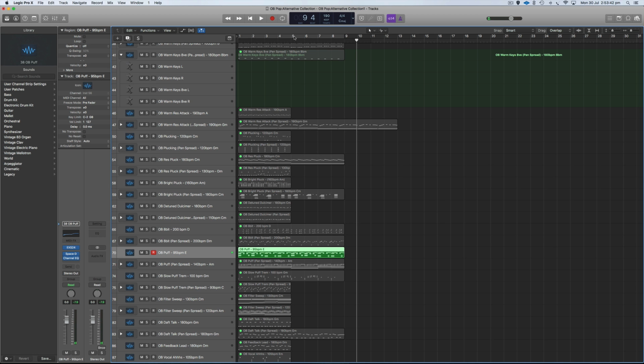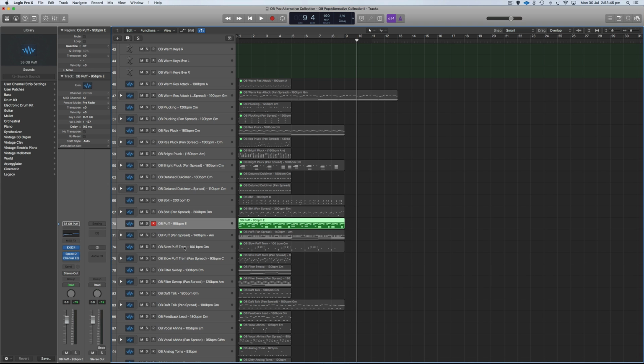Okay, getting down to the bottom now. Let's go with this one. It's a slow puff trem. Weird name, I know, but